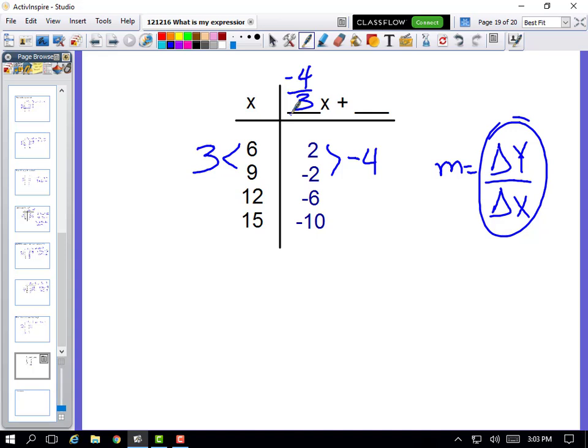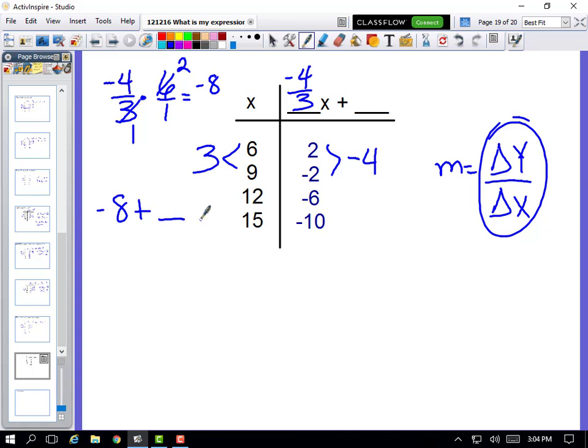Okay? Now I need to find my b value. So I'm going to take one of my x's here, plug it in. And this is where we got to think about our fraction rules. Okay, so I've got negative 4/3 times 6. Well, in order to multiply by fractions, I need them both to be fractions. So I put the 6 over 1. And then I see that I can simplify a top and a bottom. So here, this 3 and this 6, they have a 3 in common. So this 3 turns to a 1. The 6 turns to a 2. And this actually ends up being negative 8. Okay, so I've got negative 8